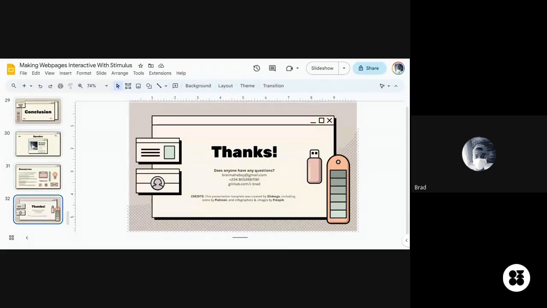Let me give you an example. Let's say you want to build a planet-based website where you hover over a planet, click on it, or move over it with your mouse. You can make use of Stimulus there to handle those events.